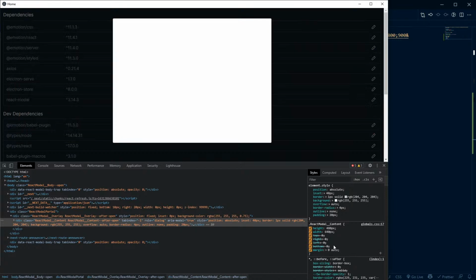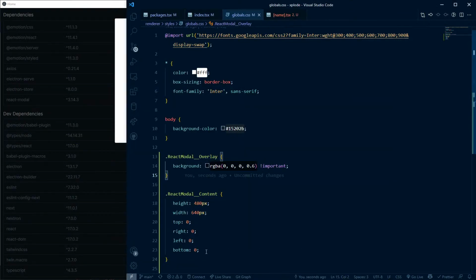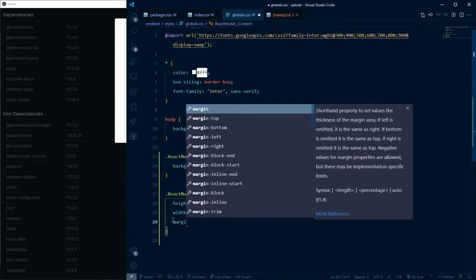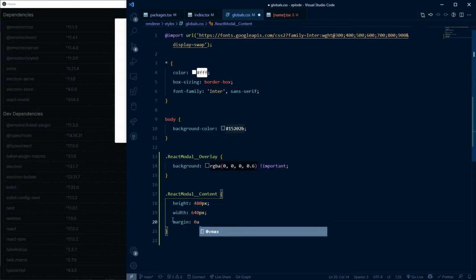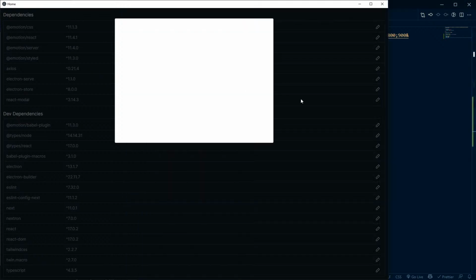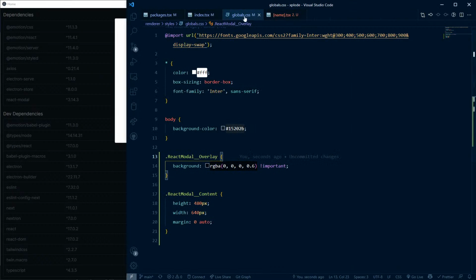That's fine. Margin auto works. We don't really necessarily have to have it in center. Right. Now let's